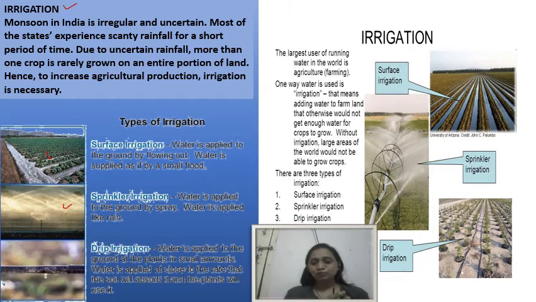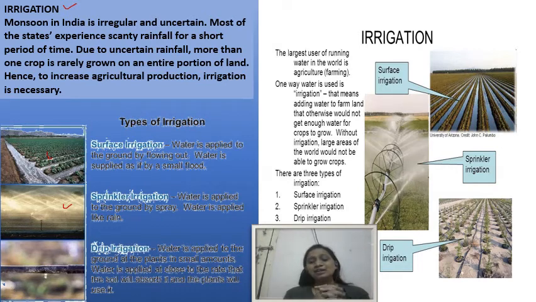Okay, this type of drip irrigation can be done in tea. Okay, sprinklers can be used on vegetables, and this surface irrigation is required for sugarcane and paddy. Okay, so there are different types of irrigation methods. Now